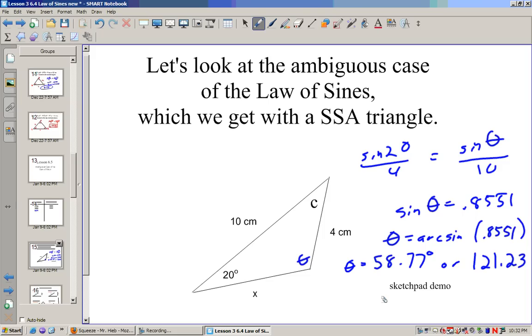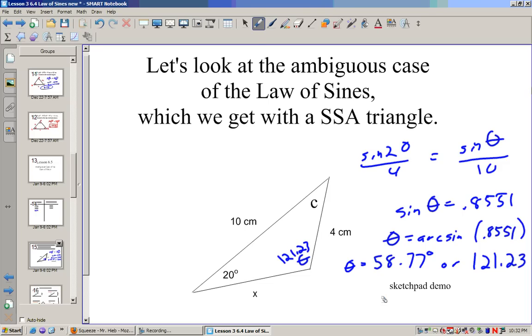Now from this drawing, if this drawing is accurate, hopefully you'll see that 58 does not make sense with this drawing. 121.23 makes sense with this drawing. So it kind of depends on whether you have a drawing that is accurate. If it says that the drawing is not to scale, you'd have to find out all of these other parts with both situations. But if this drawing is accurate, we know this is an obtuse triangle, so 121.23 would be